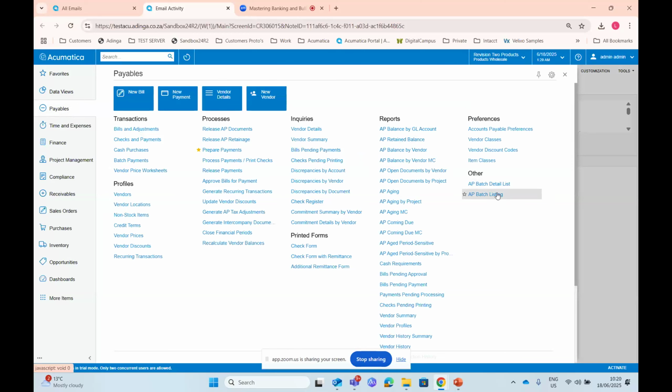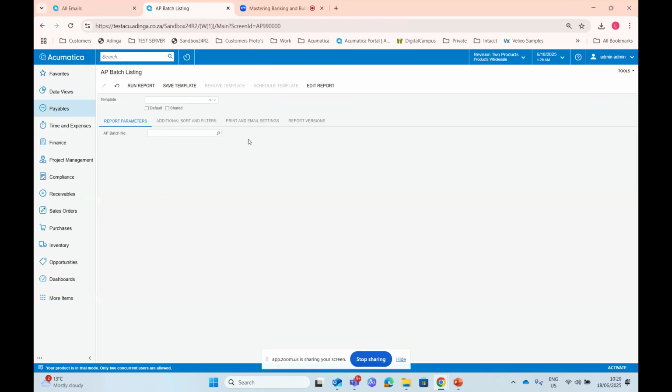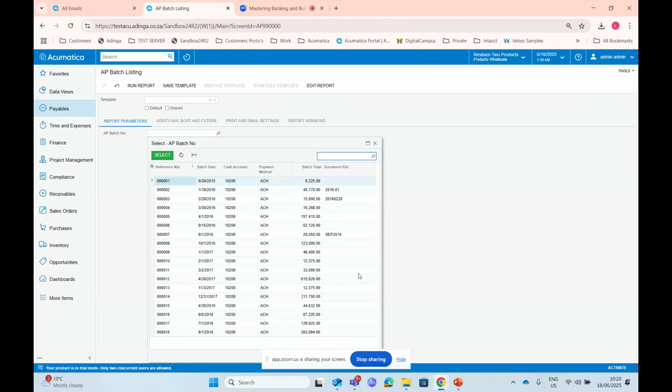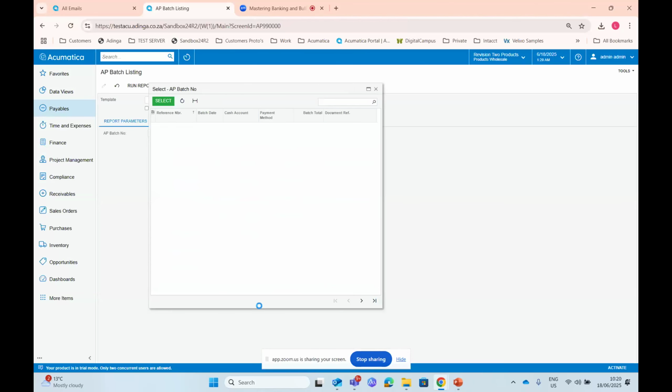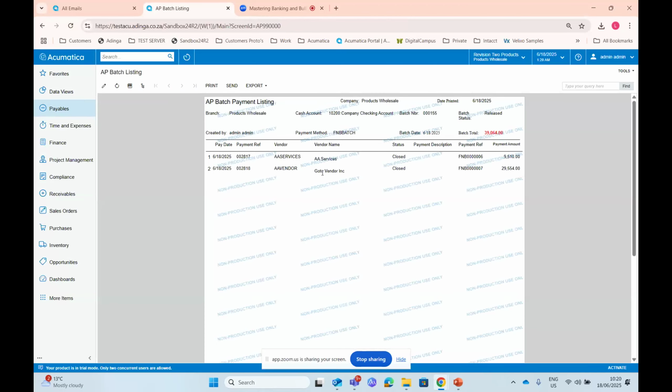So the difference between the two is the one just gives you a one-liner to say this is the suppliers you've paid. The other one will give you more detail to say which invoices you paid. So let's run these two reports. Okay, so if I go to my batch that I just generated, I can see as one-liners, it looks a bit skew there, but I can see there's my amount I paid. This is the suppliers I've paid, and then per supplier there's an amount as well.